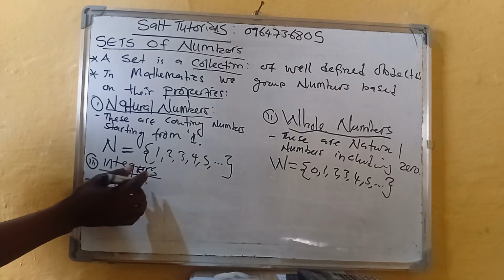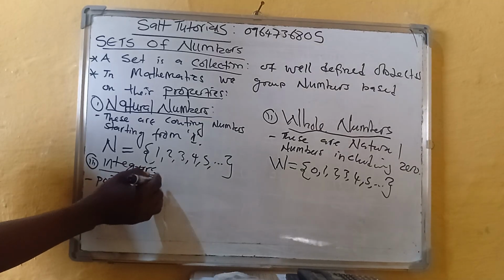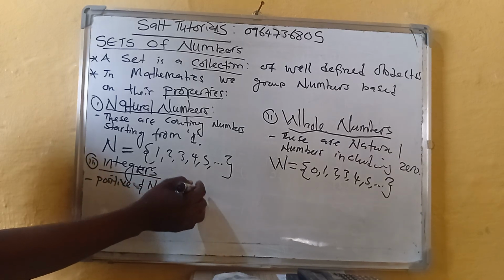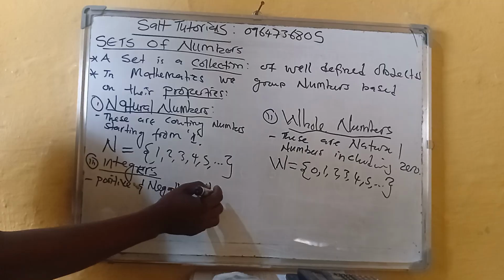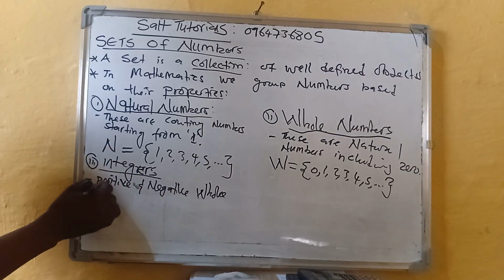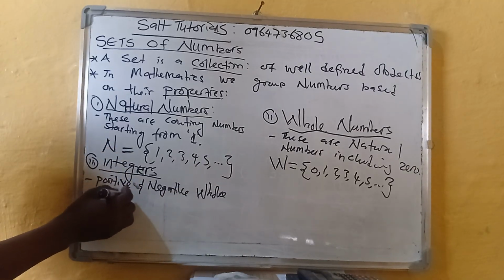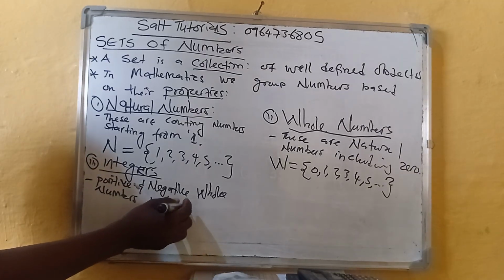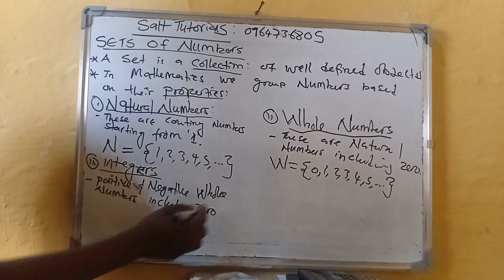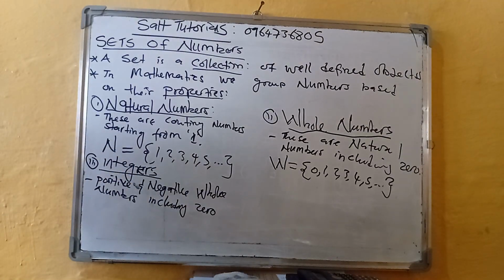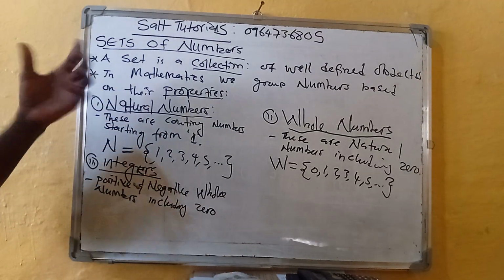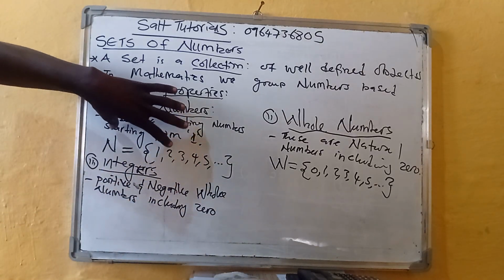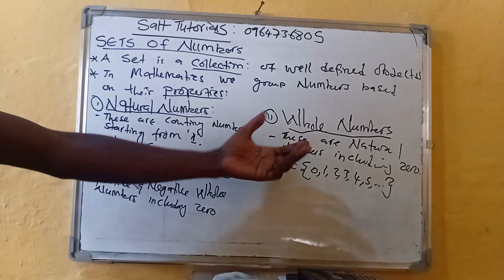and negative whole values, whole numbers, including 0. So if I combine, remember the natural number is going to make up a whole number because it is